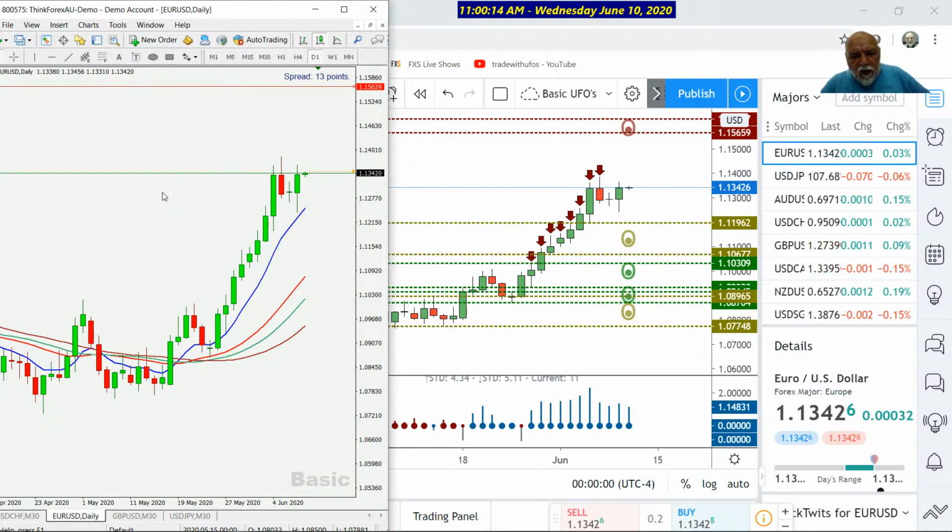All right, could it go there? Probably not in a day, because it doesn't make on average 200 pips in a day, but a couple of days it might make it up there, especially since we're seeing this very strong daily chart. So the daily is telling us that we are strong to the upside. Okay, we've had some pullbacks. As soon as we start to see some of these pullbacks from this high, a little bit of pullback,